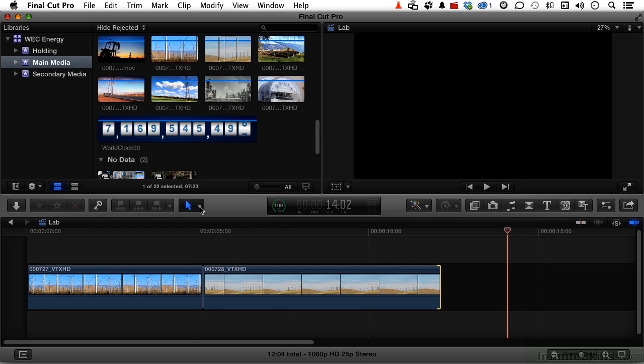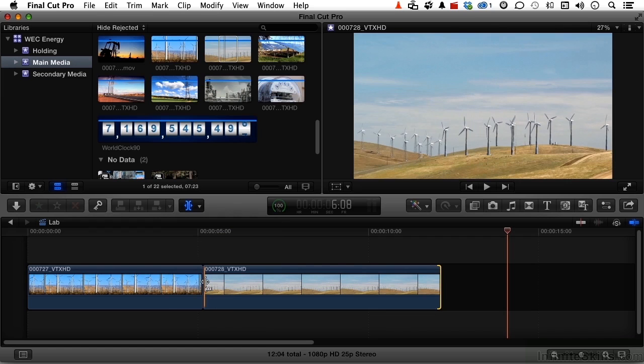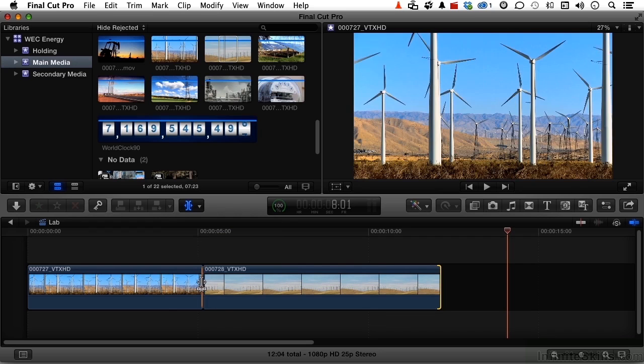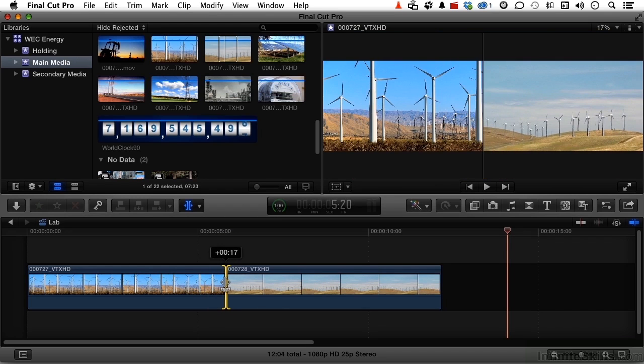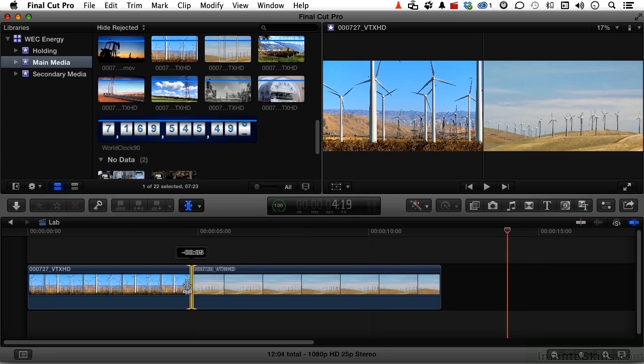So if we go to the trim tool, letter T for shortcut, if we get, say, right here, you'll notice there is that icon that appears to the right or to the left or on both. If you have it on both and you click and drag, the trim that you're doing basically is maintaining the integrity of the timeline in terms of length, but that's only because we have edit material we can work with